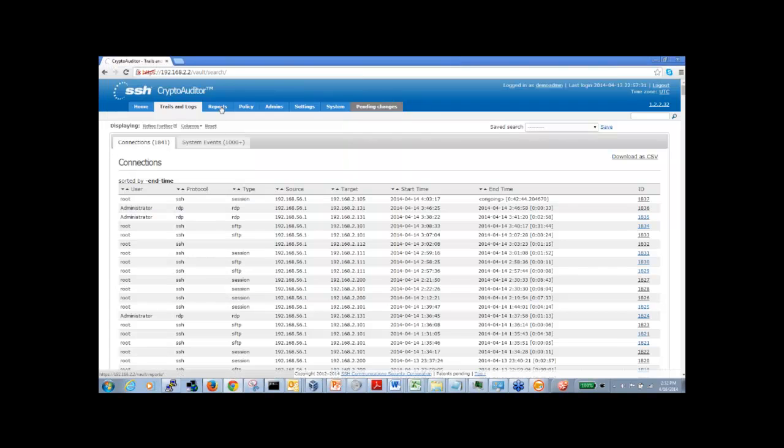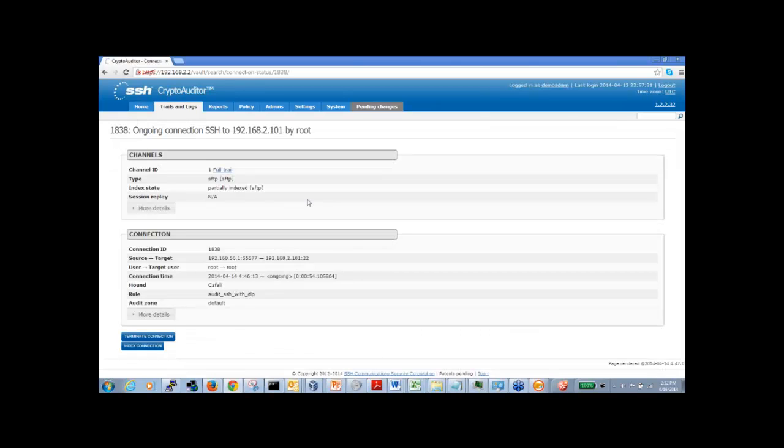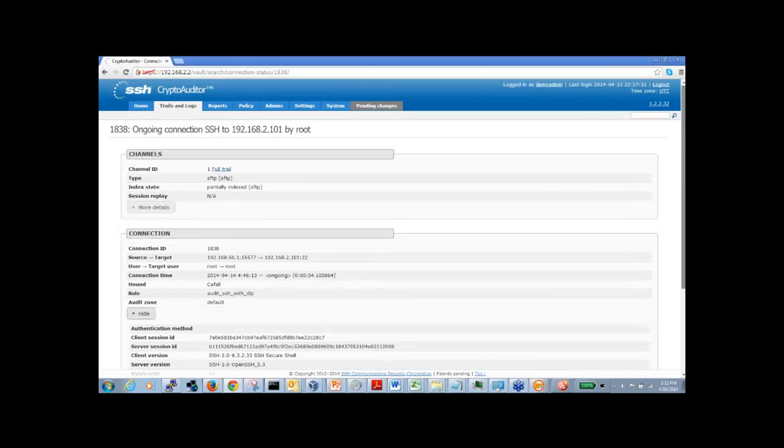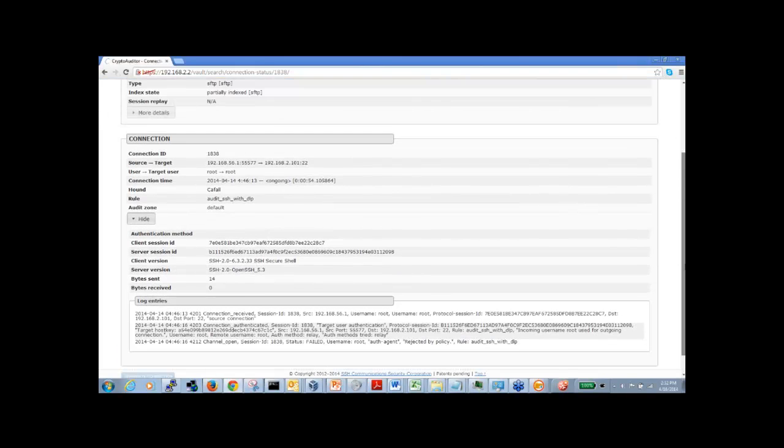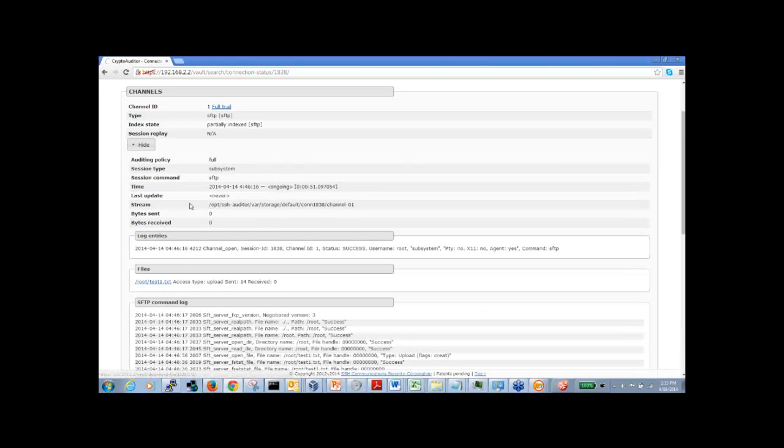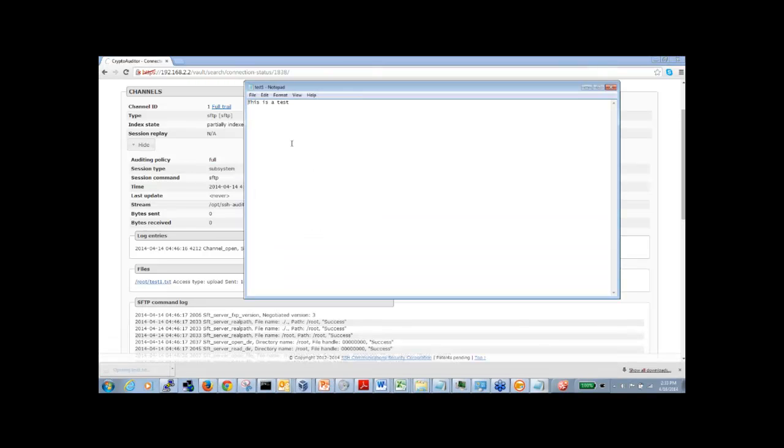And at the very same time, when I view the sessions through Crypto Auditor, I can actually come back and view the file that was transferred. So if somebody is sending traffic externally from your environment and you feel that maybe a file has been compromised and data has been sent out that shouldn't have, you can come into Crypto Auditor and view the contents of that file. Here we see the test1.txt file was transferred out, and if I wanted to download that and open it up, in this case, it was just "this is a test."